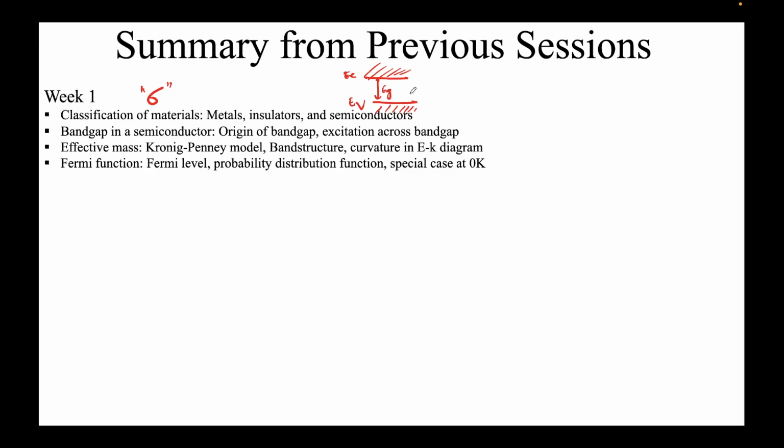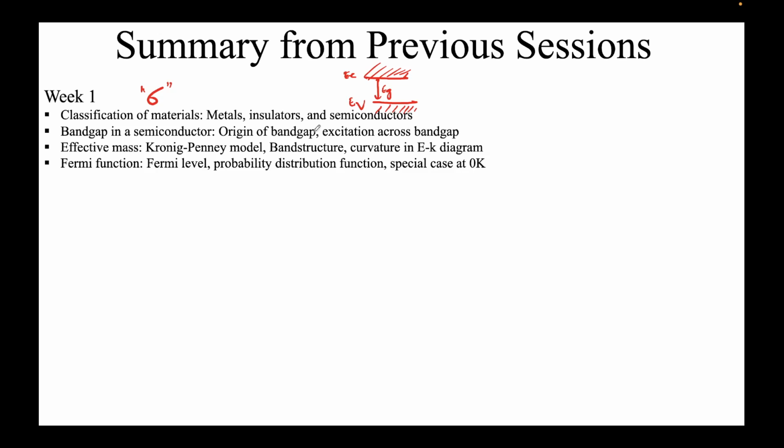And you can also excite the electrons from the bottom of valence band to the top of conduction band by, let's say, shining a light. On the other hand, an electron can also fall back from conduction band to valence band and thus in the process emit a photon. LED does exactly that. Then we saw another strong